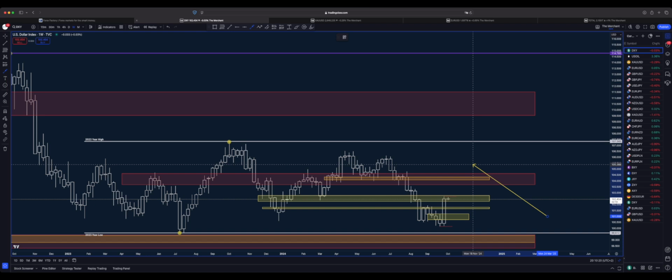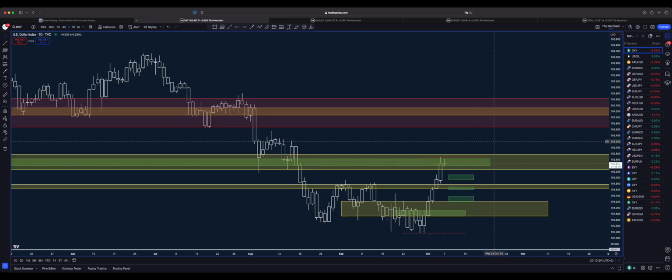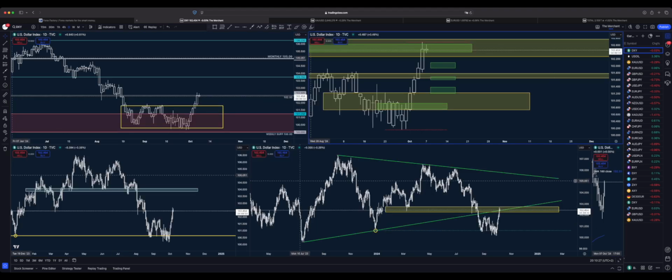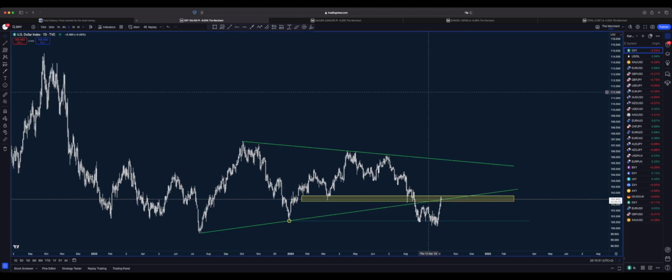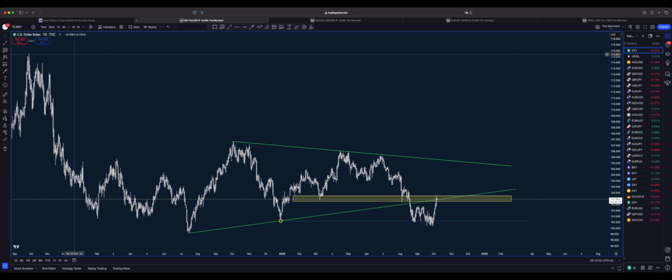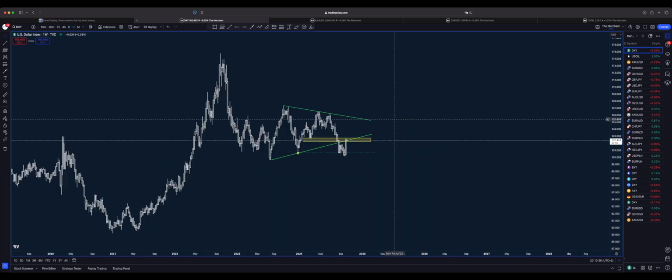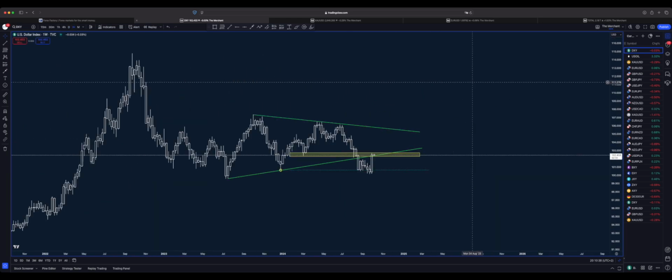This is on higher time frame. So here I talk about monthly and weekly, and on daily time frame, as I said, what zones I will be waiting for. Last is basically this one. As we can see here on daily time frame, we were in this kind of range. Even let's look at it from weekly time frame. Sorry, not range, it's a wedge pattern.